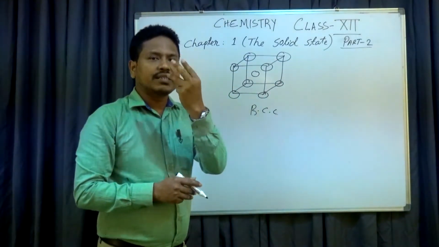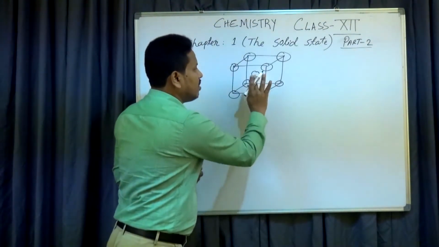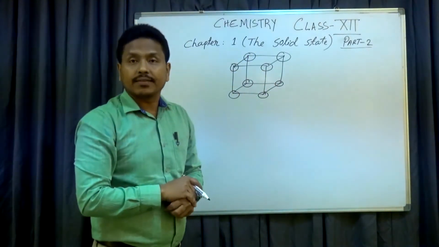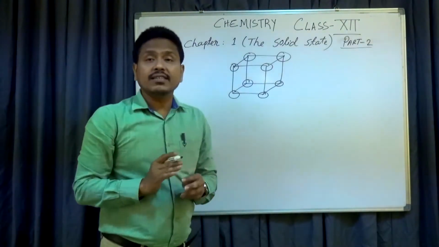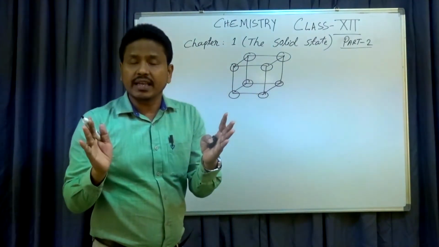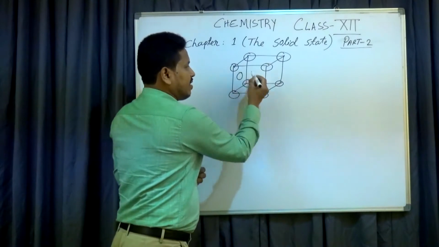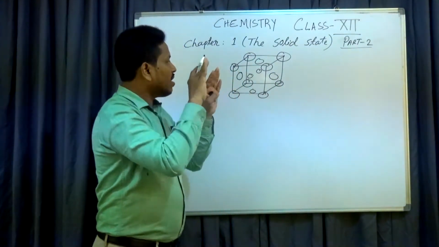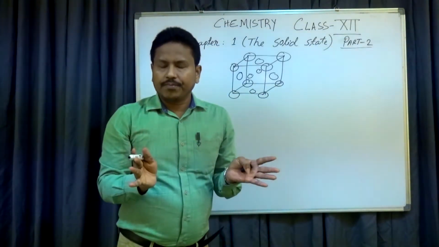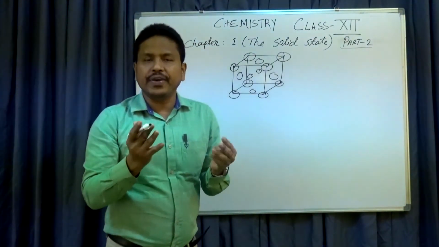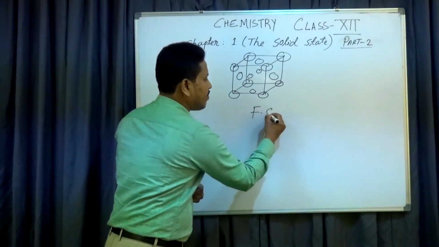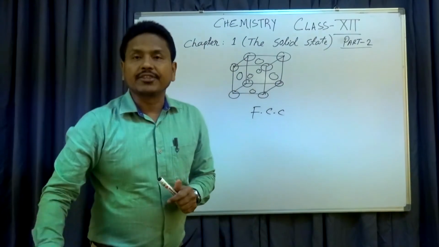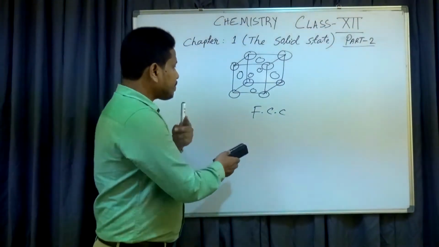The third type of unit cell that I discussed is when atoms are located at the corners of the cube as well as at the face center. How many faces? 6 faces in a cube. Face center: 4 faces, 5, 6. All the corners as well as face centers are occupied by atoms. That is the face centered unit cell, FCC, face centered cubic unit cell. I discussed this in the first lecture. Okay, so let us proceed.